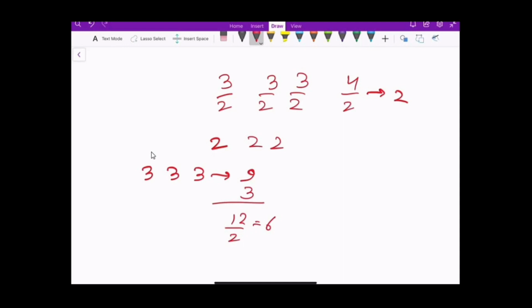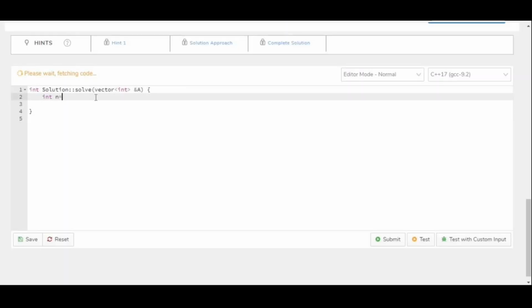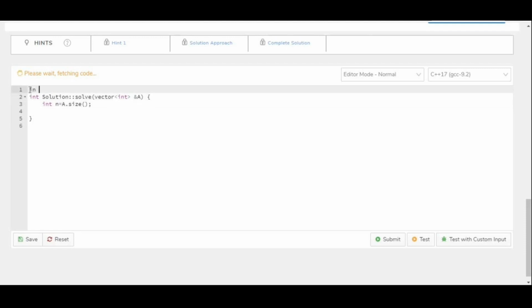So I'll find the sum of all the subarrays whose left hand is between L to mid and whose right hand is between mid to R. Again, I will add the number of subarrays with odd sum to this and then divide by 2. So let's implement it and this will be more clear. Let's write n as the size of the array. I will make a new array for the prefix sums. So int n, a of n plus 5, and then we will have prefix sums.